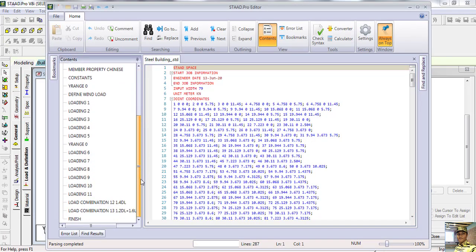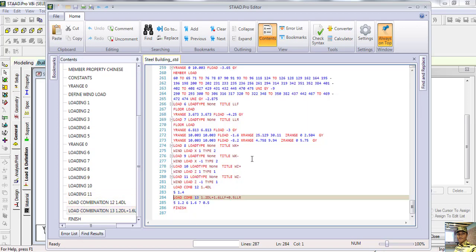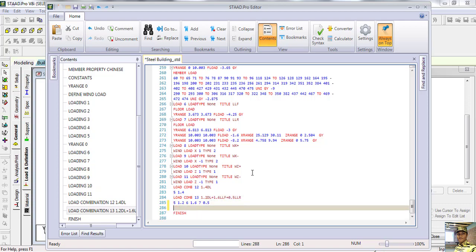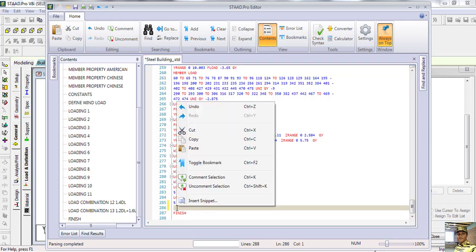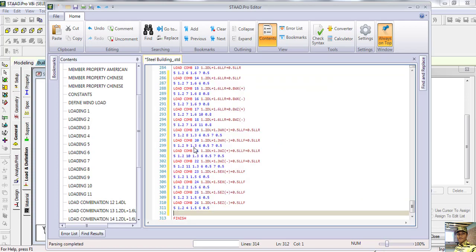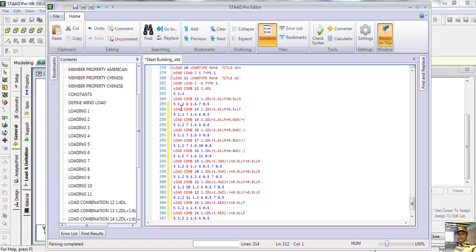Now go to load combination 12 and load combination 13. Now select here. Now see, this is load combination 13, this here. So just enter and right button click and paste. Now see, previously we have assigned up to load combination 12. Now just copy paste on load combination 13 and the remaining portion. So save and close.